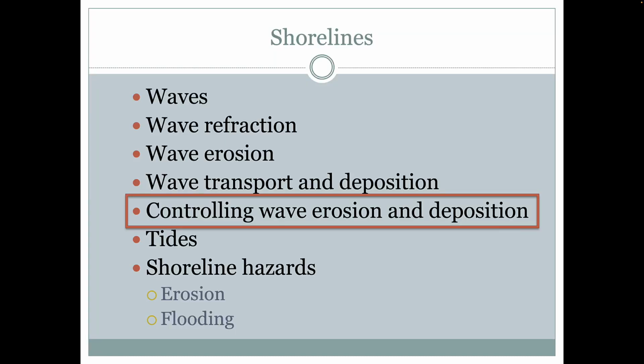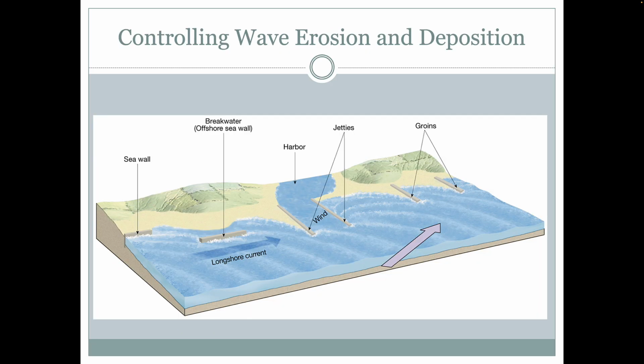Humans also build things or take an engineering approach to control waves when it comes to either structures that they live in or things that they possess. Two examples of that would be a breakwater or a seawall. A breakwater is an area that's built out into the water that's specifically designed to absorb the impact of